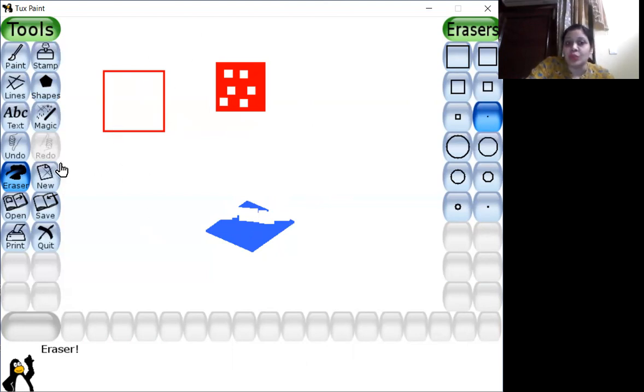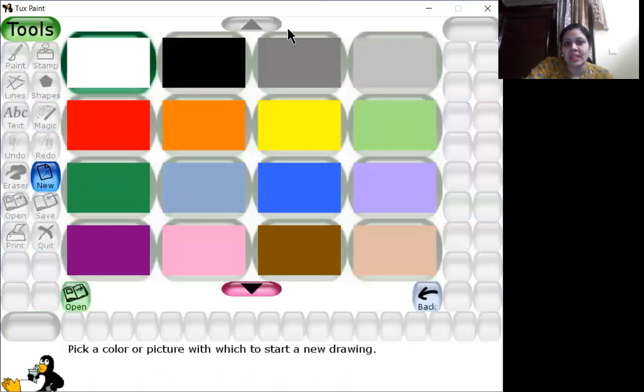Next we have the new tool. Now the new tool is used if you are going to draw something new, a new page you want. So let me click on new, and you will see this. So these are all the options to start a new drawing. So these colors are the background colors which you want. Generally we take white color, but if you want to draw something where you need some specific color, you can always go for that.